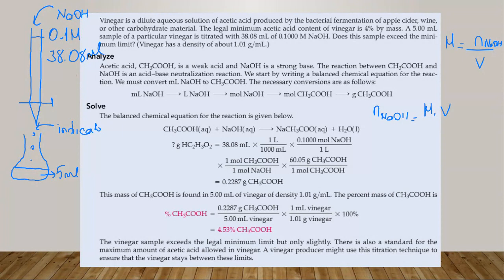But be careful here, the milliliters you have to convert to liters, so you divide by 1000, or multiply with 10⁻³, and n of sodium hydroxide will be